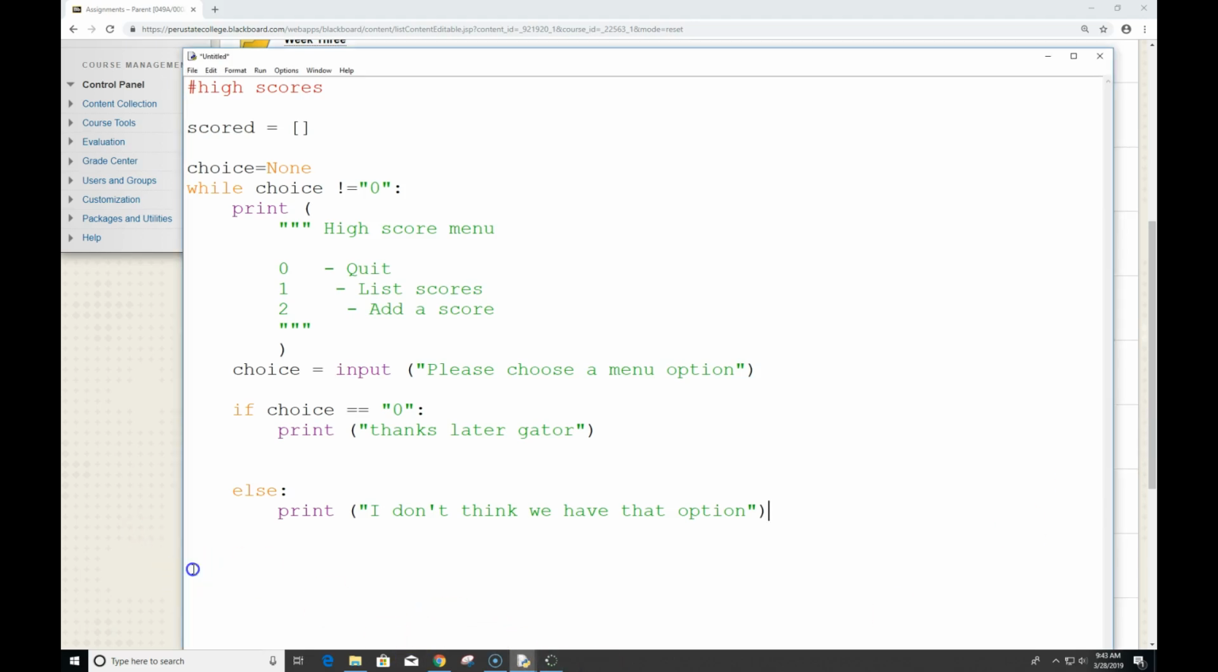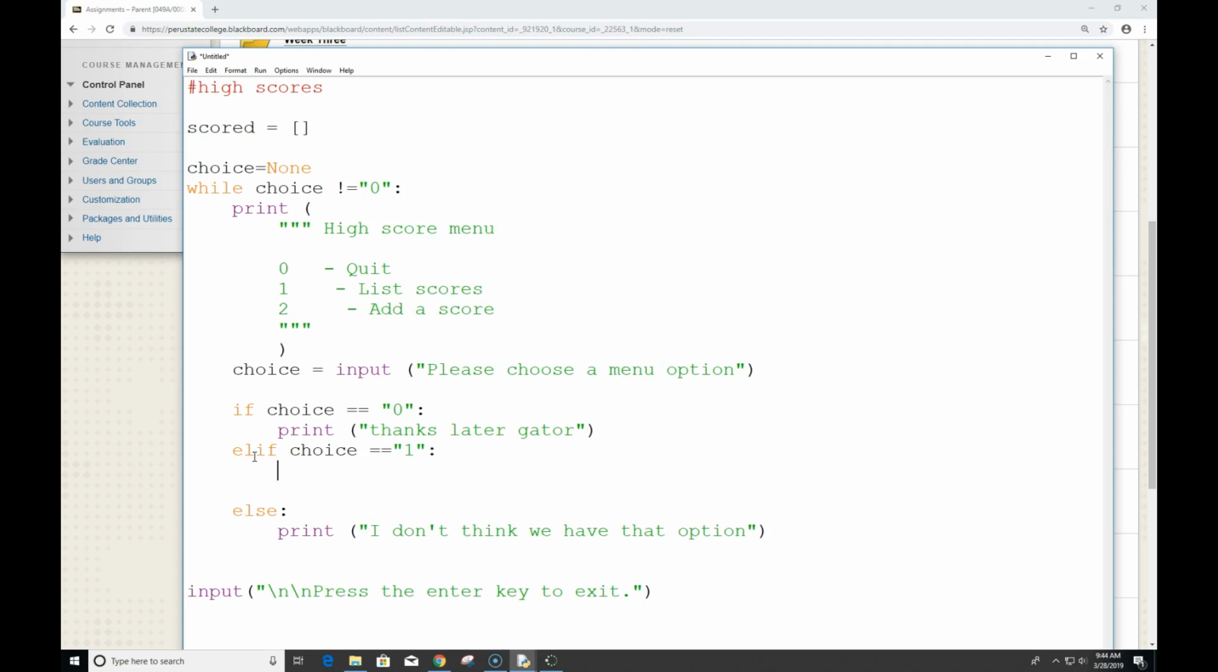And again, that input statement holds it open, and I want it at the outermost level, so the base level of this program. So now I have my choices for 0, and I have my catch-all, no matter what else they did. I need to put in my elifs. So elif choice equals 1, I'm going to do something. And for 1, it says list the scores. And so I'm going to do a print